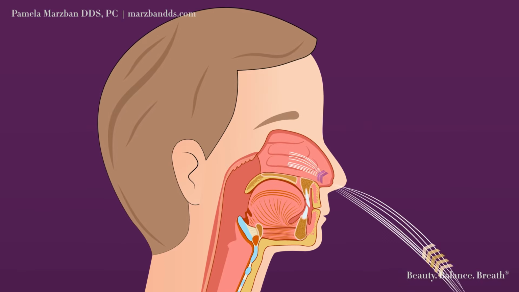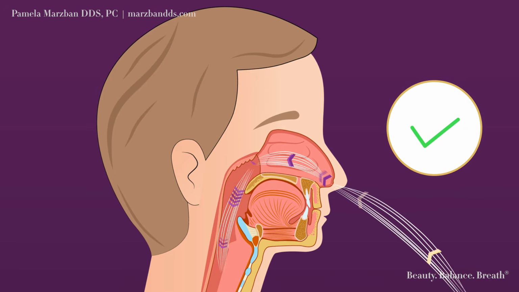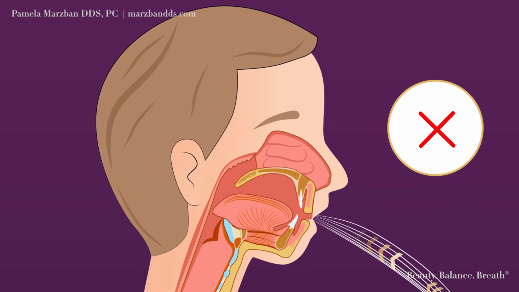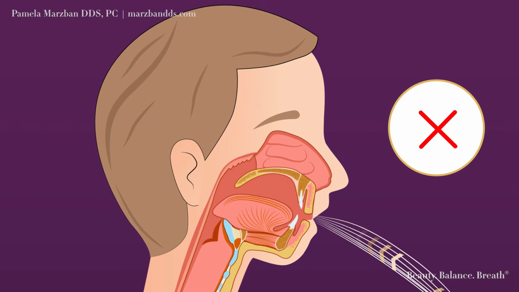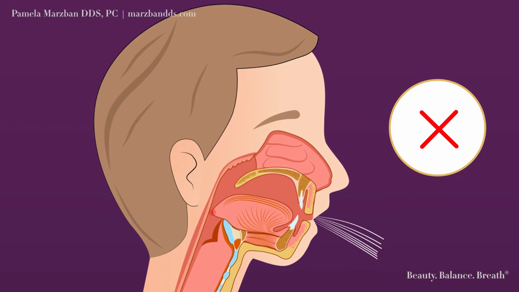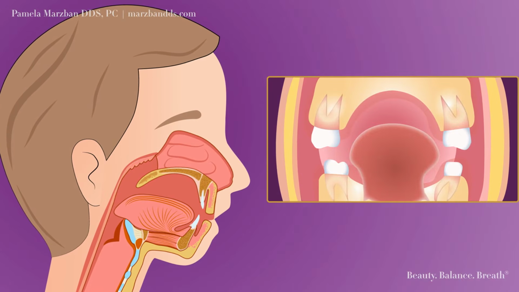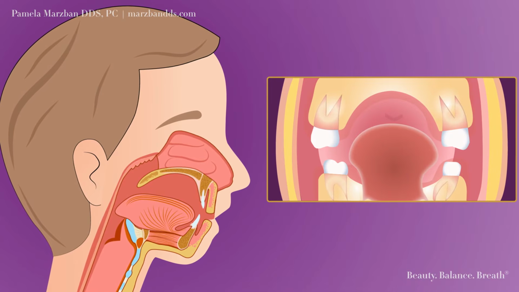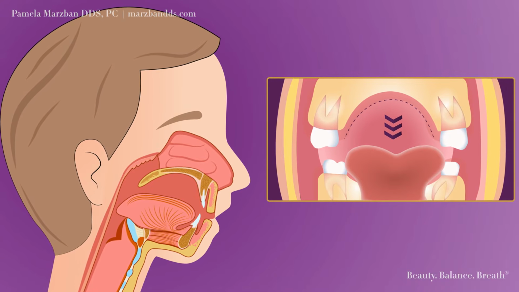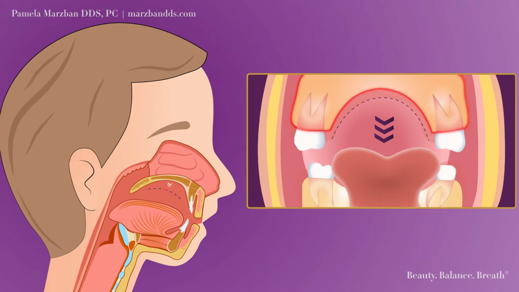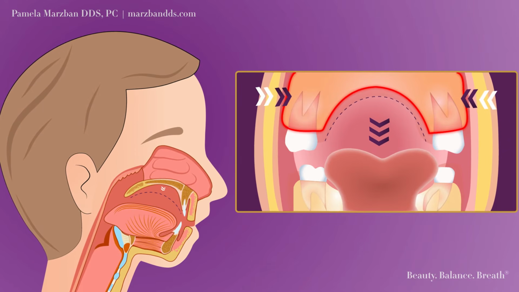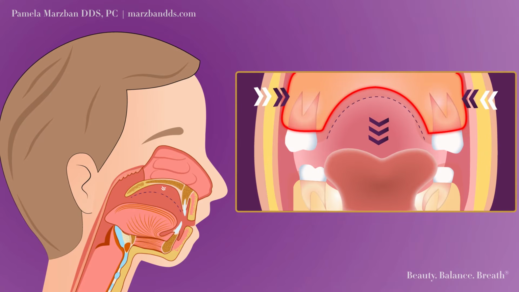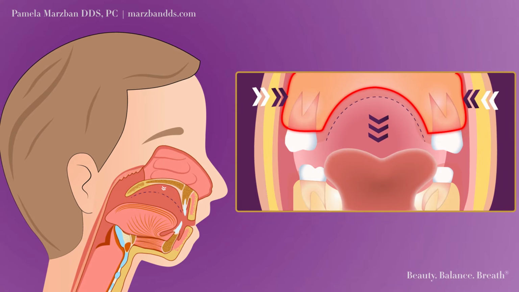As humans, we are obligate nasal breathers. If an infant or a child cannot breathe through their nose, they will compensate and breathe through their mouth. In order to breathe through the mouth, the lower jaw must come down and the tongue drops from the palate to the floor of the mouth. Without the tongue pressing up, the pressure of the cheeks puts inward compressive forces on the upper jaw.